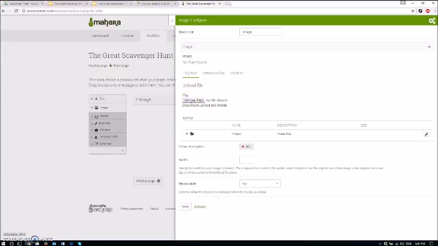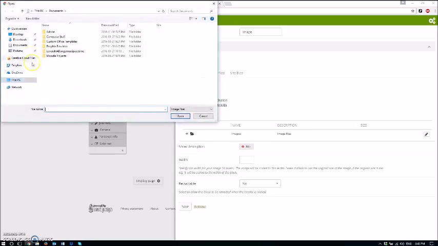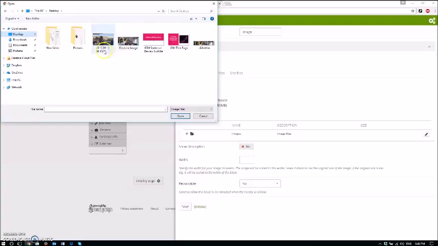So you'll have to have your images either on a hard drive hooked up to your computer or right on your computer somewhere, which I already do. So I have my images on my desktop to make it easy for me to find right now. So I'm just going to go choose files, and then it of course opens a box again like most programs do. Then you just have to look for where you think you have placed your images. Maybe they're in your pictures folder, maybe you have a folder. And in my case I'm going to my desktop and I'm finding